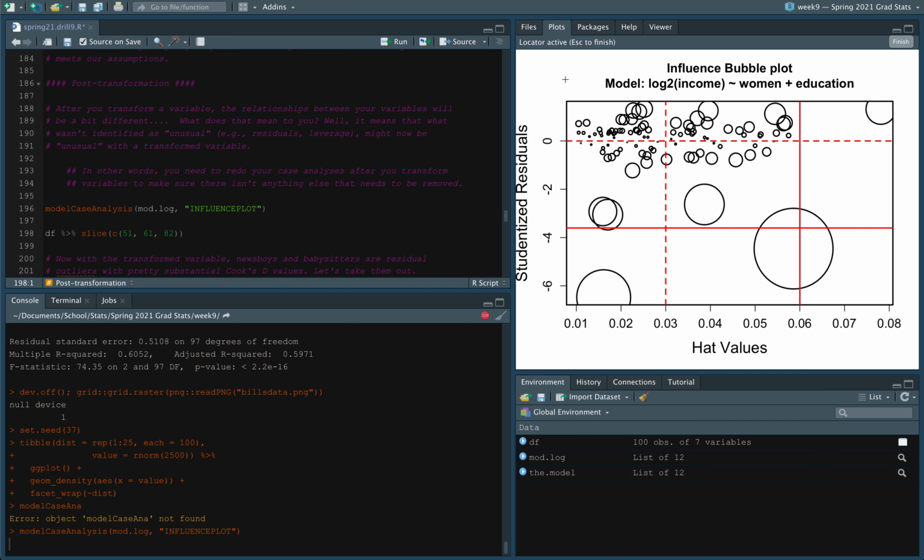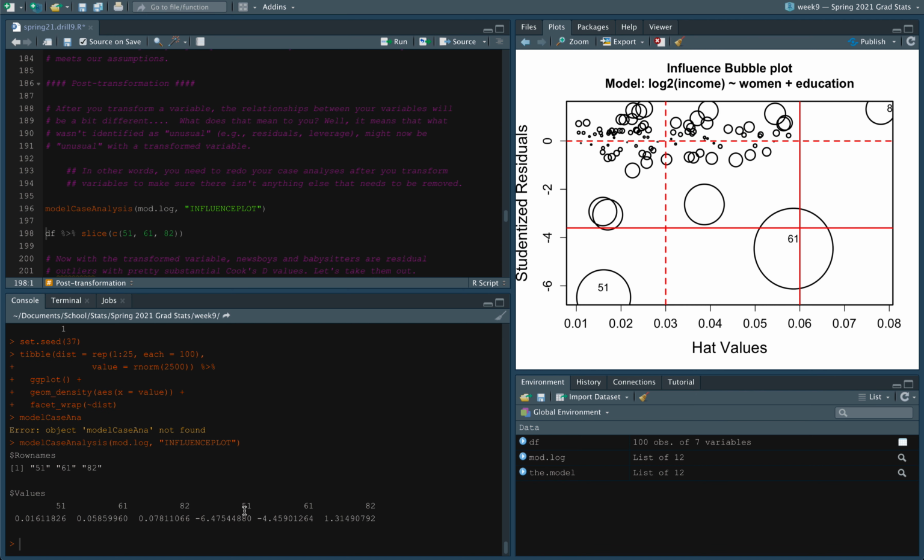And so when we look at this, we have these 3 points that are way out. What I want to point out is this one is definitely concerning. Its residuals are way off, and it also has a pretty substantially sized Cook's D. This one also has significantly off residuals and a huge Cook's D, plus pretty high leverage. This one over here has really high leverage, but its residuals aren't off very far, and its Cook's D isn't too bad. If we just select those 3 values and then click finish,